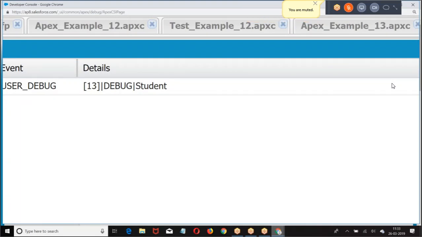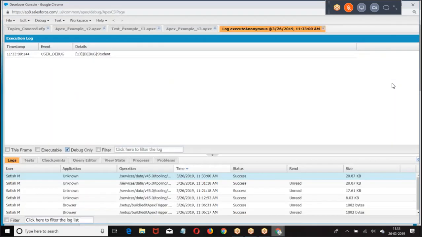So this is global data specific to the user who logged in. User data will be available in the test class. Test class will assume that there is no data in the database. But the global data, profile, user, this type of data we can fetch.